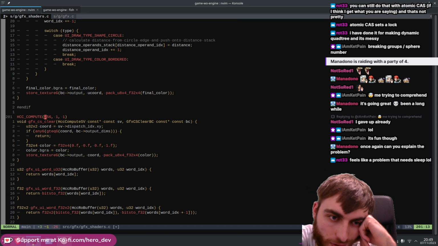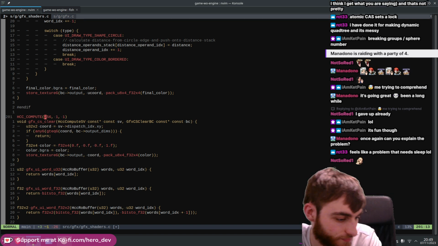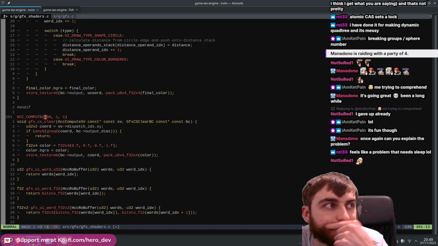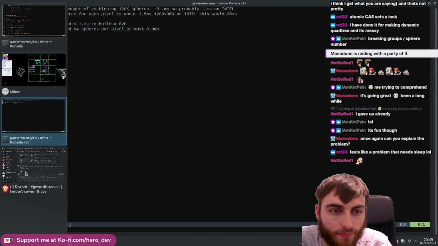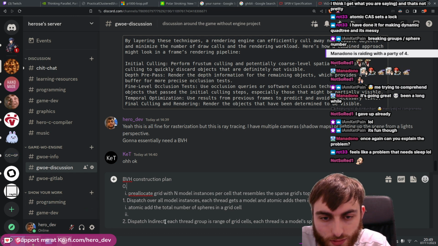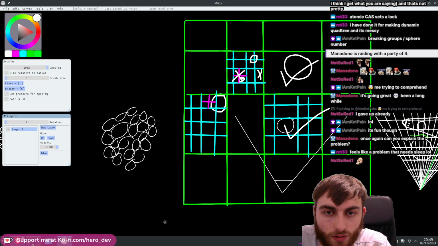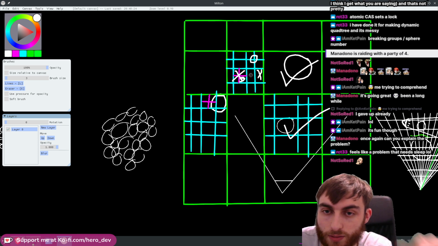Yes, I don't think we can use LDS because LDS is specifically for a thread group and it's fixed sized. And you have to compile it in as well. Right. So maybe no dispatch indirect. So if we make a thread group 32, so it matches a wave, then the problem is that you basically